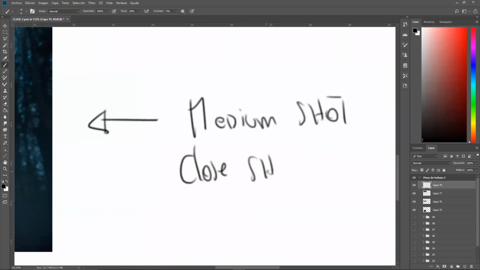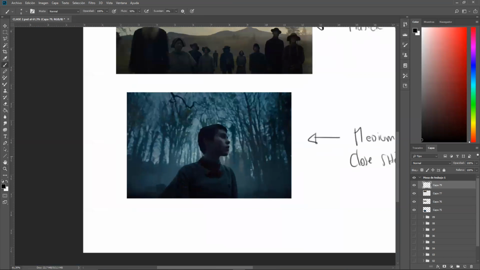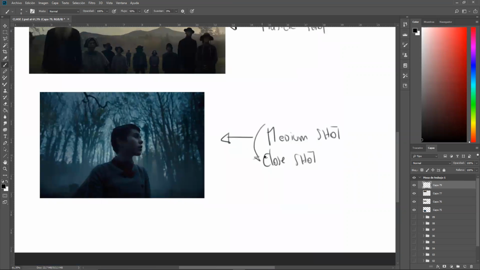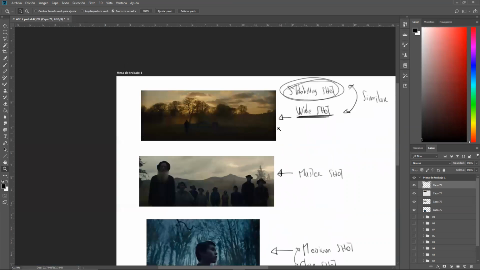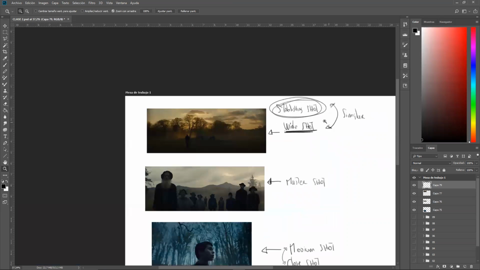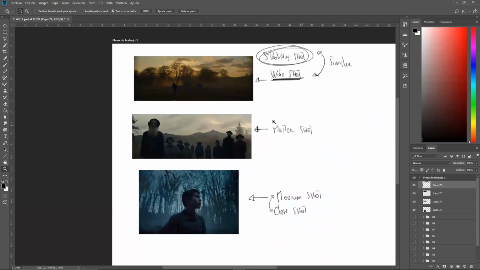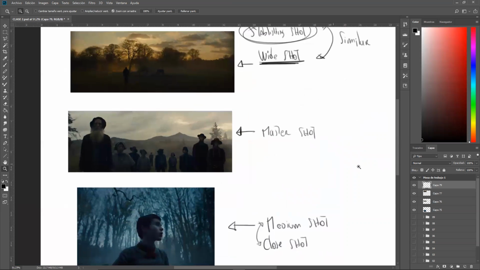Close shot. It's a little bit in between these two. Okay, so we have our three shots: an establishing shot, a wide shot, a master shot, and a medium close shot, sort of. And now